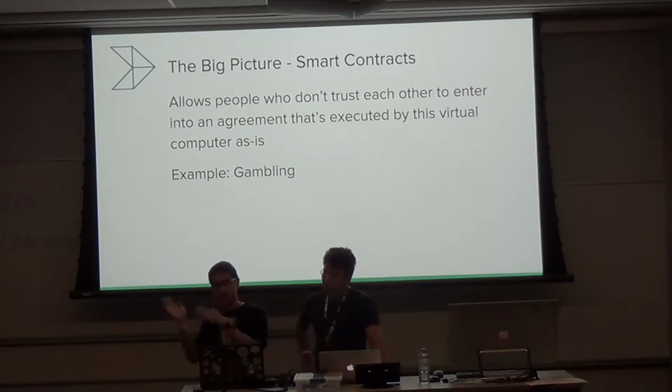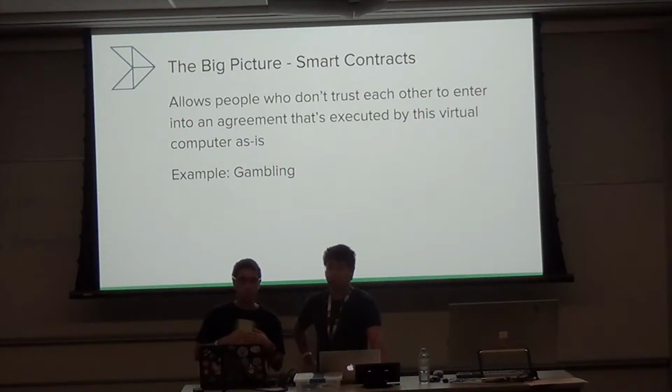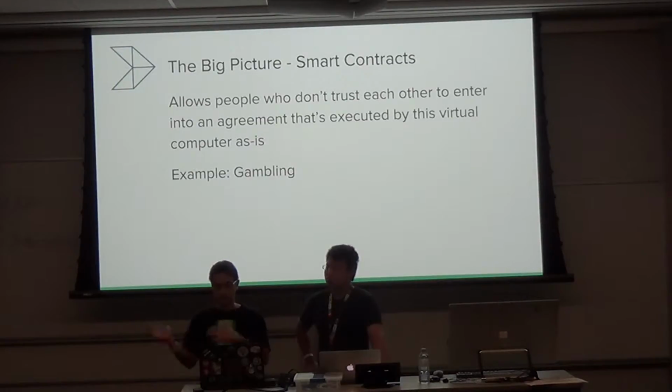Okay, so maybe let's take a step back for a second. What do we get when we combine a system that runs code on top of another system that also ensures that everyone agrees on the results of this code? Essentially, we get a computer, one whose results everyone agrees on. Again, recall how we called Ethereum a distributed trustless computer.